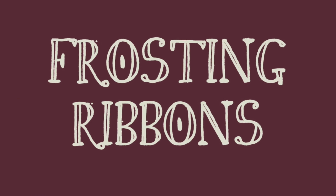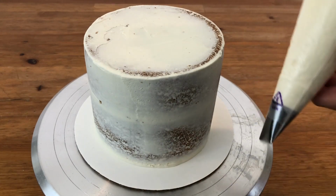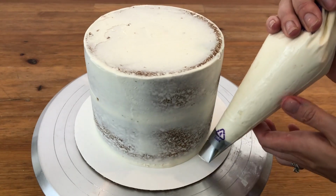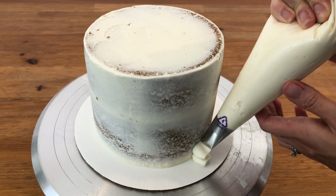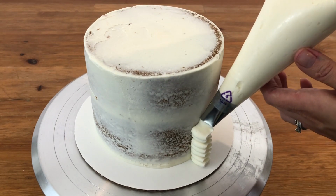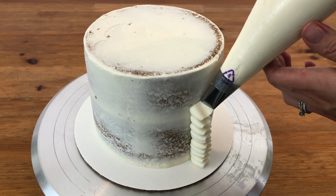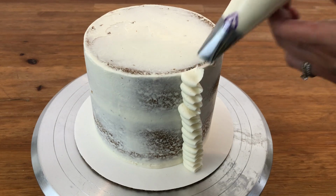Our third technique is frosting ribbons. You don't need a final coat of frosting for this technique. After you've done your crumb coat, fit a piping bag with a petal tip and fill it with frosting. Hold your bag vertically with the wider end of the tip against the cake and the thinner side sticking out. Then just wiggle the piping bag from side to side to let out a ribbon of frosting,